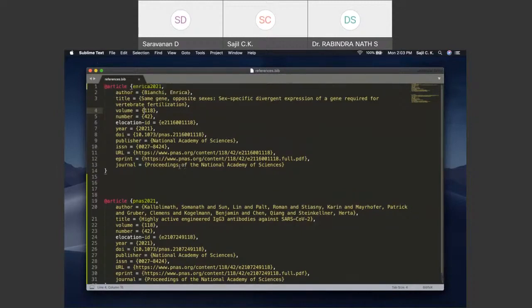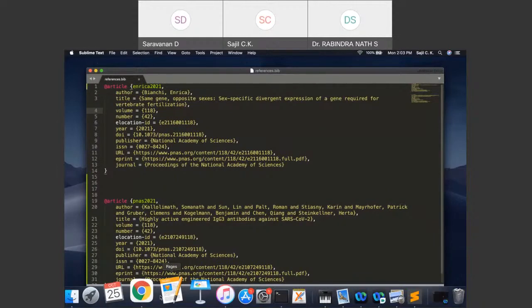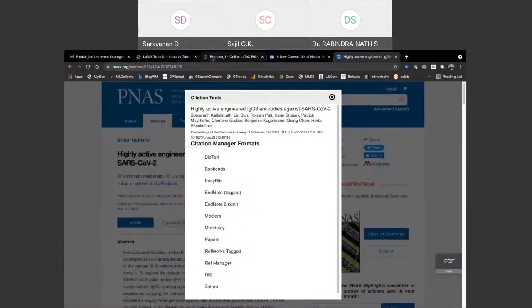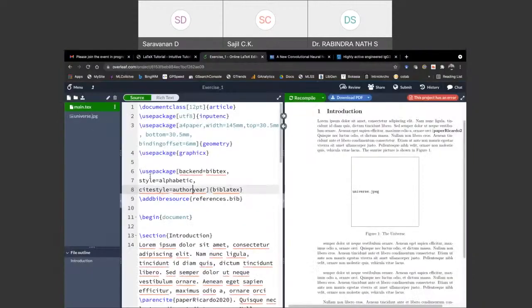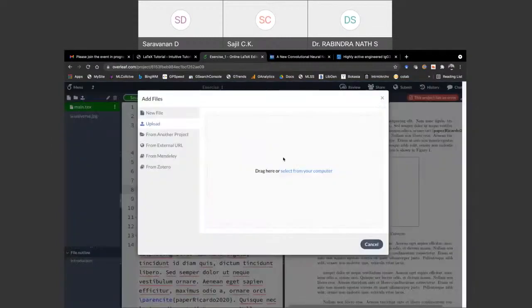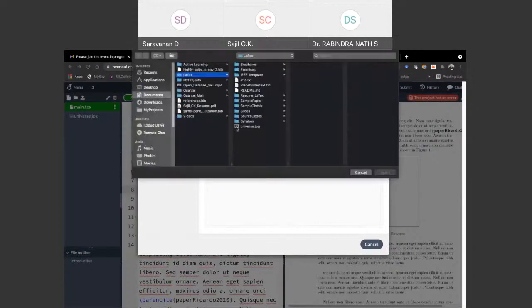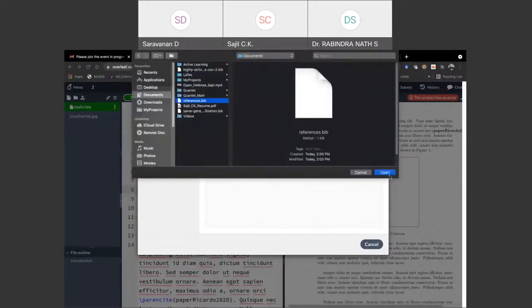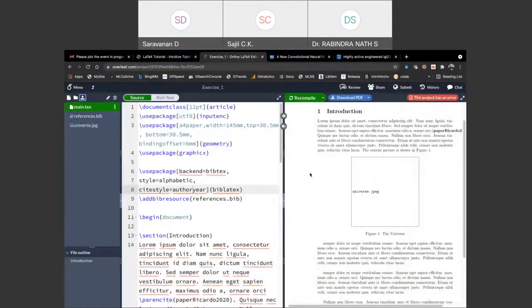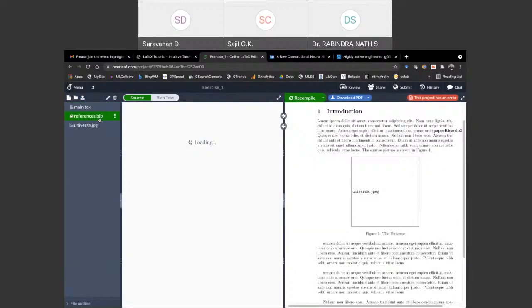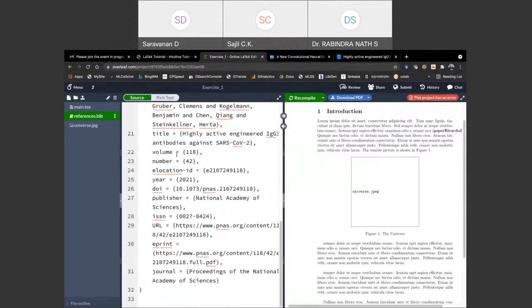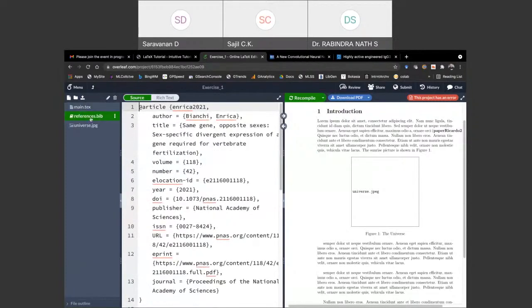Now we have this, and we need to upload this file to Overleaf. I'm only showing it with two papers, since I have only collected two entries. It's just a text file, saved with the .bib extension and another name, references.